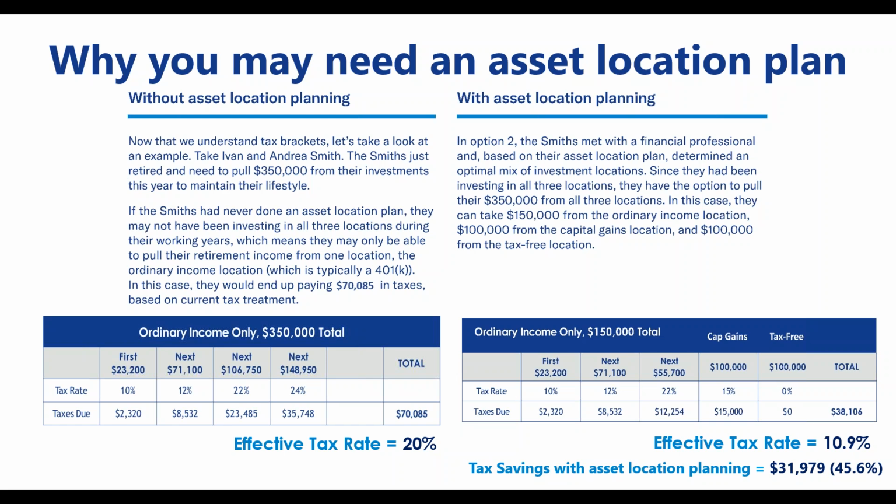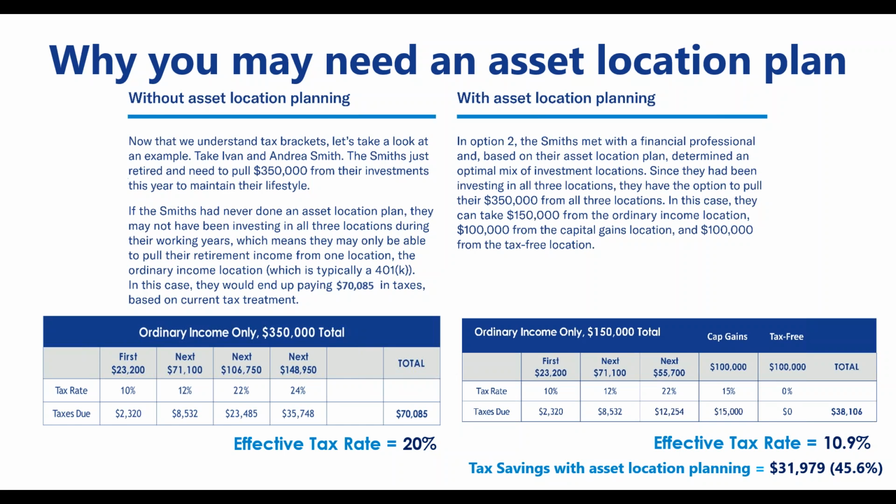Well, if they had a properly structured 3-bucket strategy, some of the capital gain stuff, some of the tax-free, properly structured life insurance assets, and also their 401k or IRA, what we would suggest is, let's take the first 150 out of the ordinary income bucket. Then we're dialing in our tax bracket. We're not going to pay any higher than 22% on any of that money. In fact, a majority of that's going to be under, right? That 71 and that 23, they're paying less in taxes. And take the next 100 grand that they need out of their capital gains,